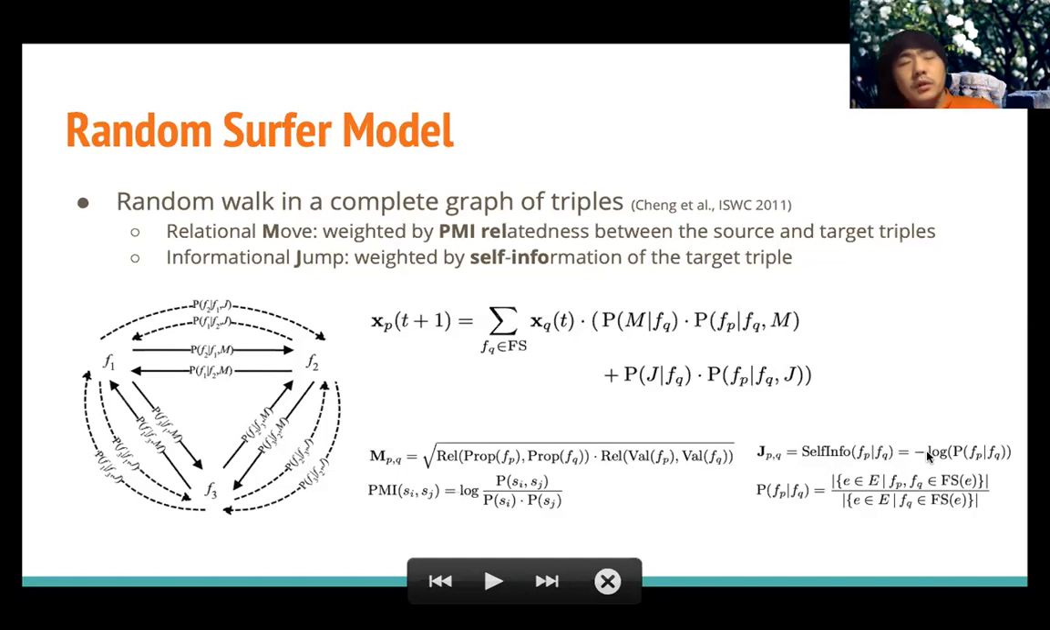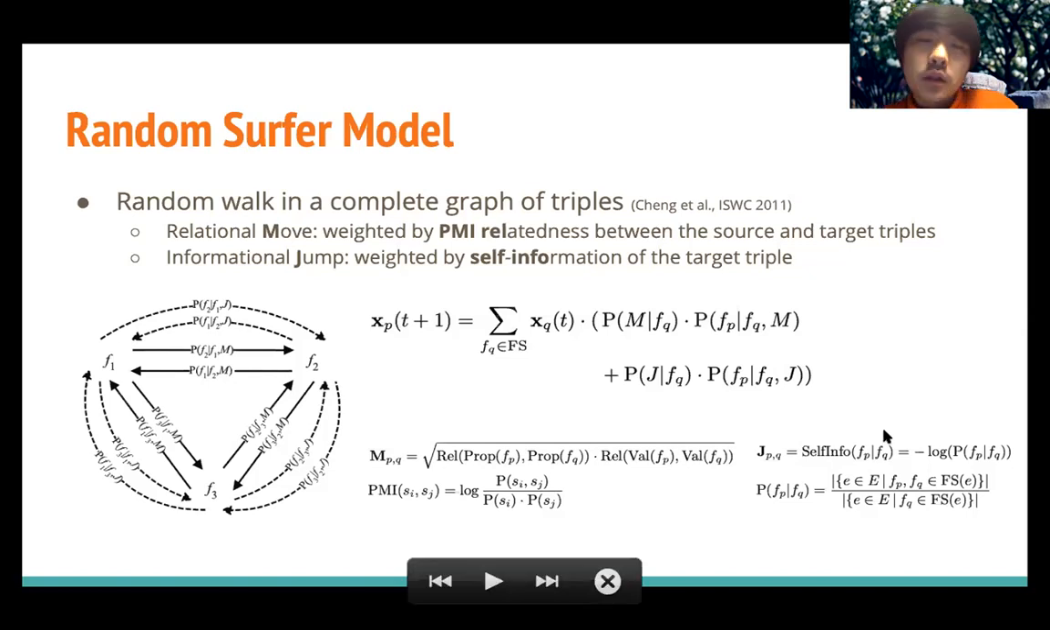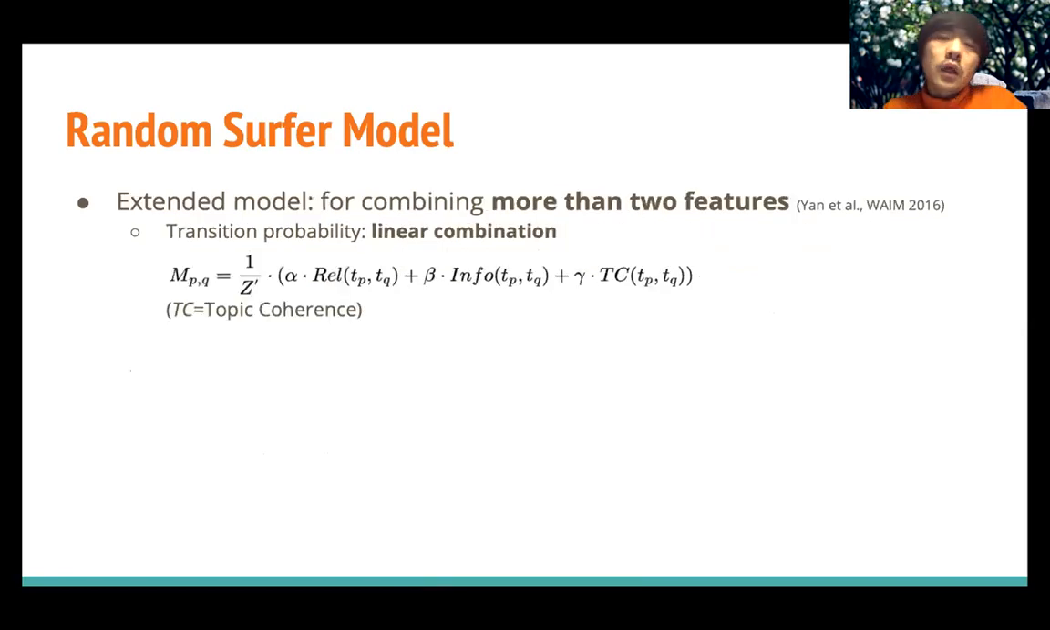Basically, if this triple appears in very few entity descriptions, which means this triple provides a lot of information because it occurs infrequently, then we will be more likely to jump to this triple because it provides more information. Well, this model can be easily extended